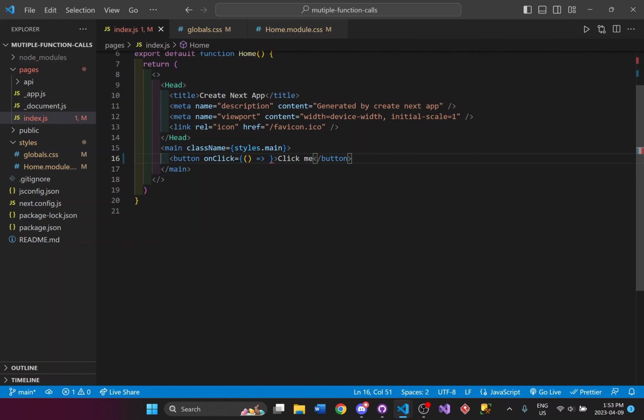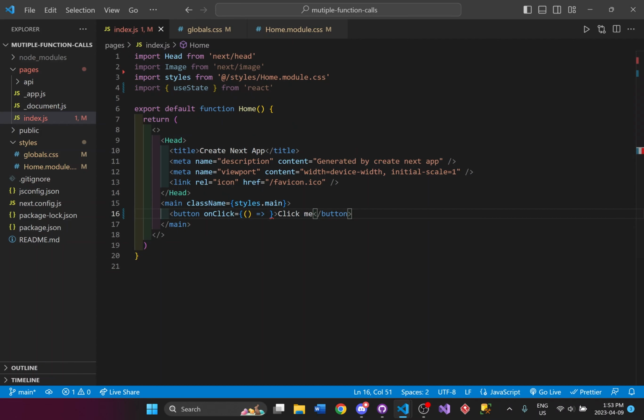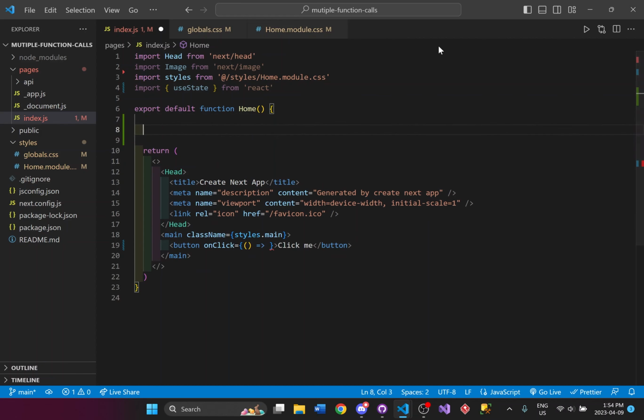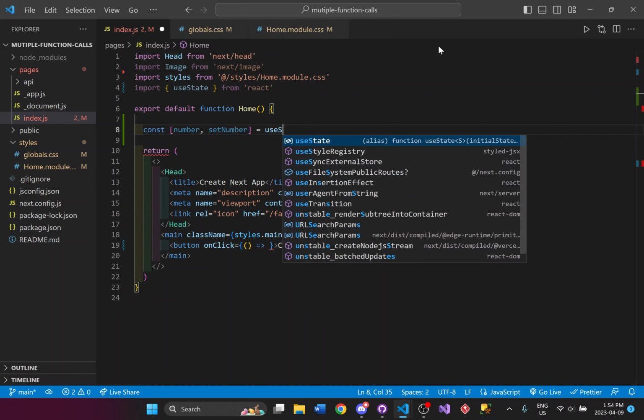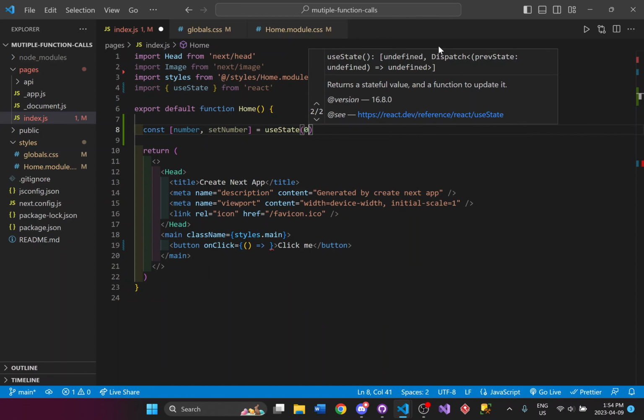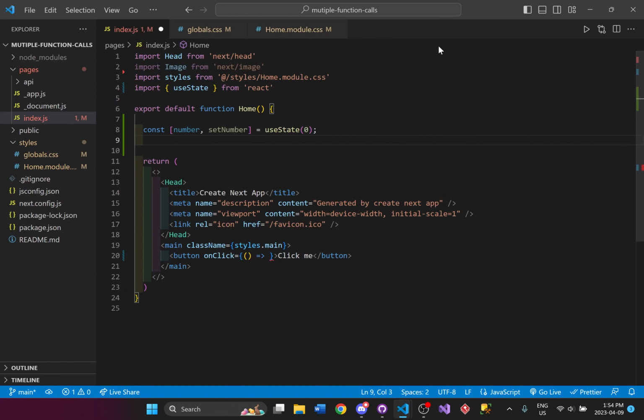And before I write anything there, I'm going to have to set up a few things between the export and return. And I'm going to have this number and set number. And there's a useState here. I'll initially start them at 0 and const total, set total.